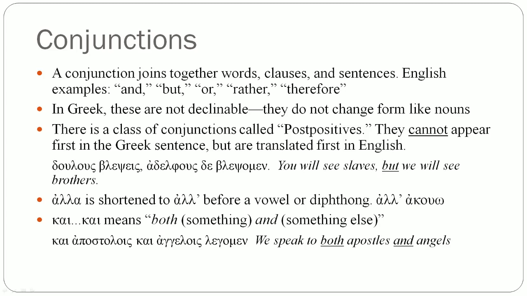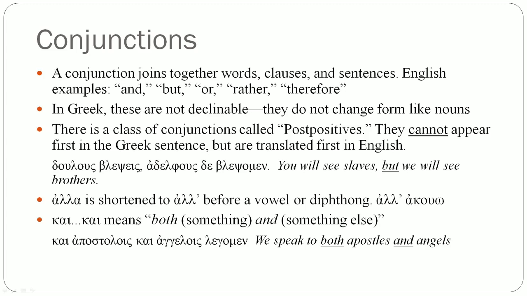Typically the meaning of kai is and, or what else, like and, or even, or also. But if you have 2 of these in succession, the first one is both, whatever follows it, both something